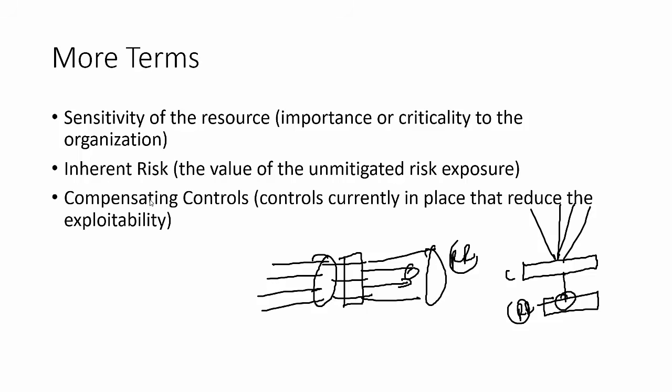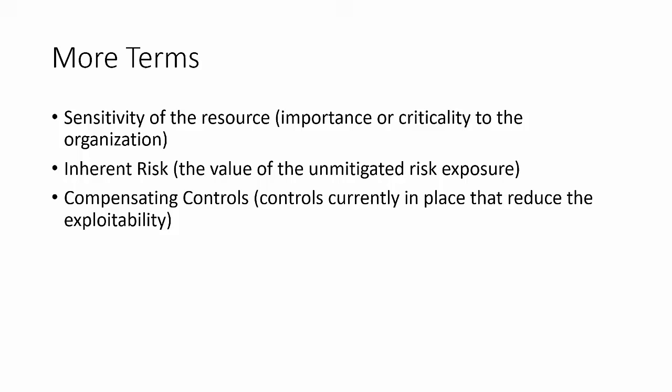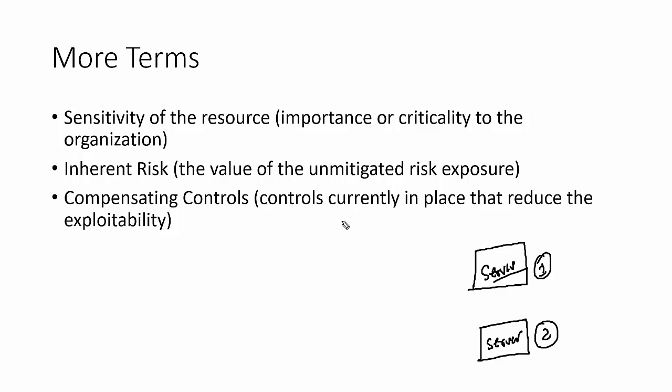Further to that, we also have a compensating control. The controls are basically introduced to reduce the impact. But we have this assumption that control is introduced to reduce the impact, but primarily control is introduced to reduce the likelihood actually. How? Suppose this is my server. Okay, server 1 and server 2. So now let's take an example: there is an attack sending 1,000 packets. Here also we're sending 1,000 packets.